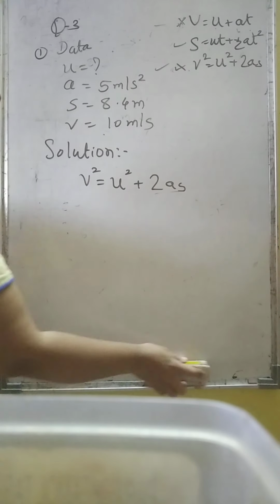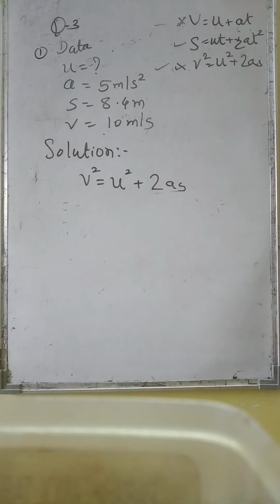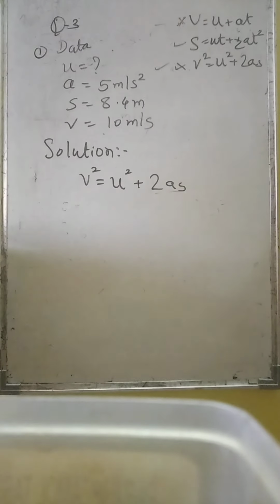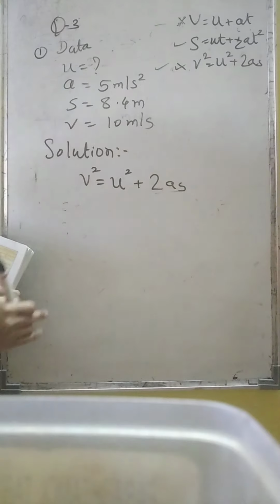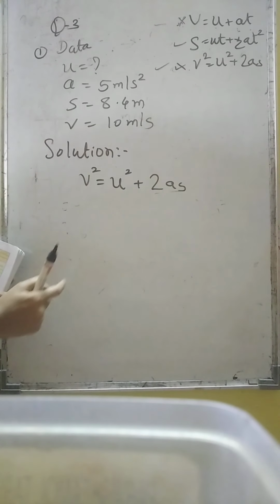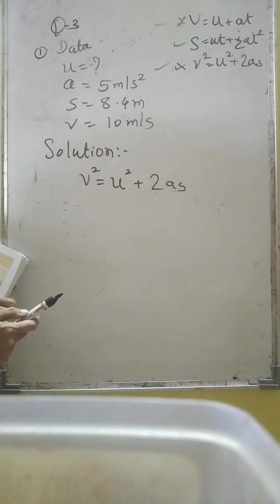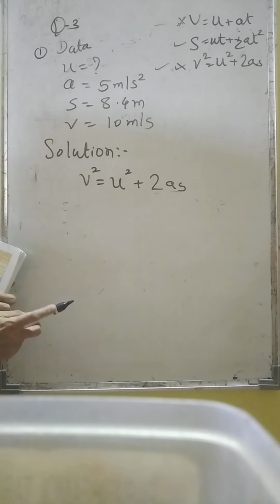Yes? v equals 10 meter per second. Square will not come. Meter per second is the unit. In the table, v square was written, so they have written meter per second the whole square. But actually it is meter per second only. u and v both have the units meter per second. It's a velocity, na? Velocity is displacement upon time, so meter upon second. Clear?